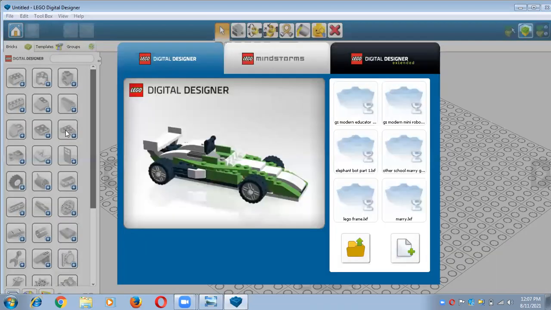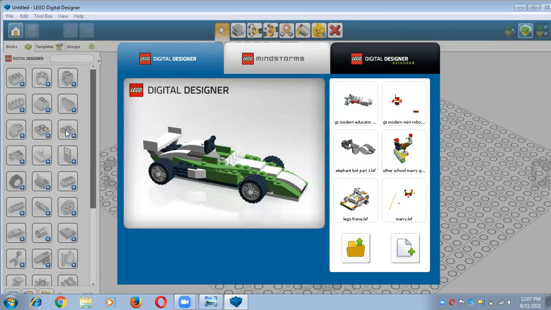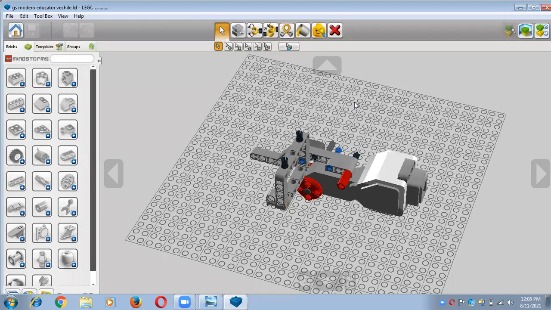Right? And now I'm going to find out my yesterday file in which we have already designed the one portion of this educator vehicle, right? So my file name is this, and I want to open this folder and I want to open this file because this is my yesterday file. So just click on that and now you will receive this design on work plane area, right?